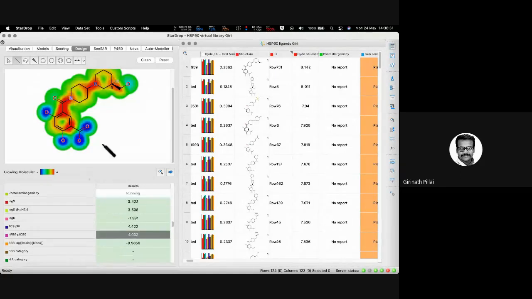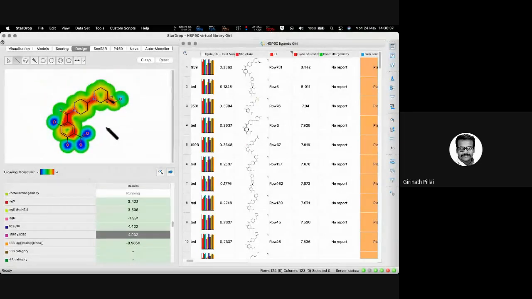And I'm sure that when I remove two methyl groups and make a carboxy group, the affinity could have increased also. We have to see it for a specific target, but as a normal assumption we think it should have increased. The only thing is the neighboring oxygens might have clashes that we have to look at. But this is what we are trying to understand by just looking at the structures and their pharmacokinetic properties. How could we optimize the structure? So this is a manual mode. Based upon your expertise, you can make changes if required. Then we can also go with the automated mode, which we will go into in detail now.